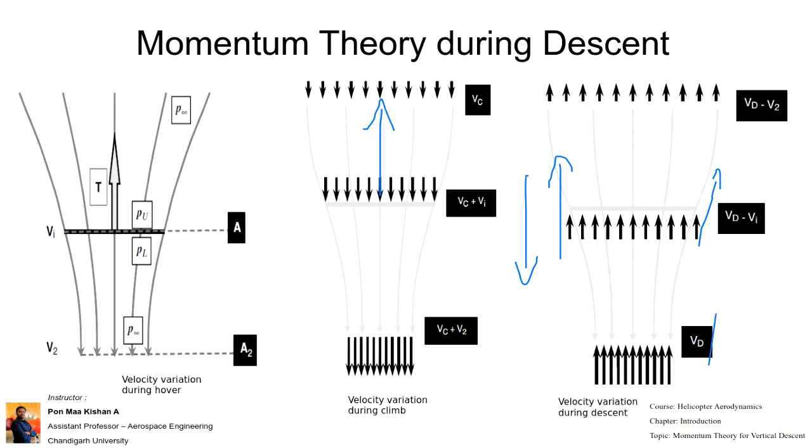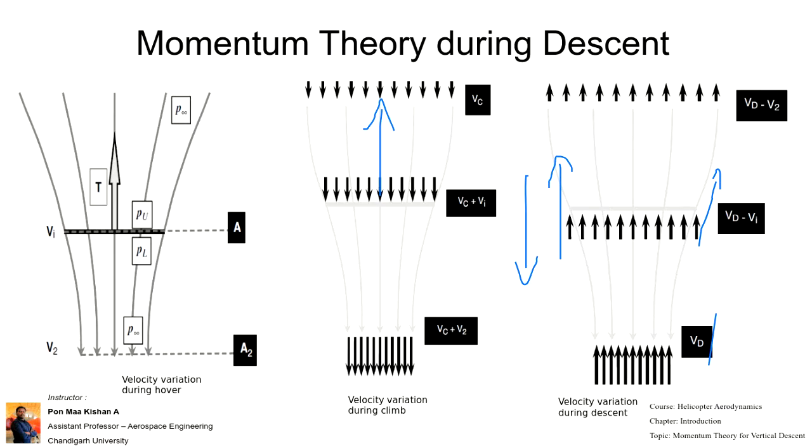So the blades will be tilted, the pitch of the blade will be changed, as we have seen using collective pitch control, right? When we move the collective pitch control upward, the helicopter will climb. If we lower the collective pitch control, then the helicopter will start to descend. Okay.